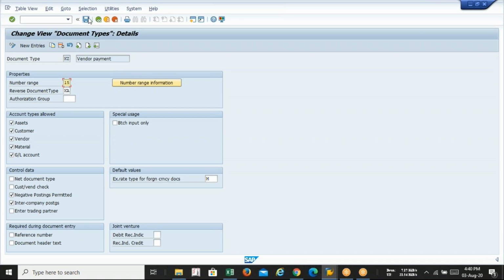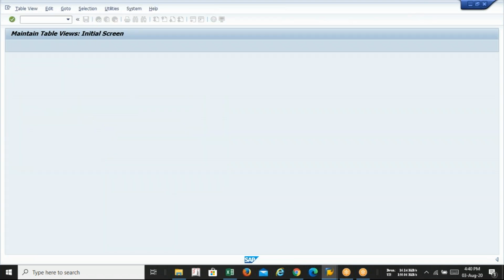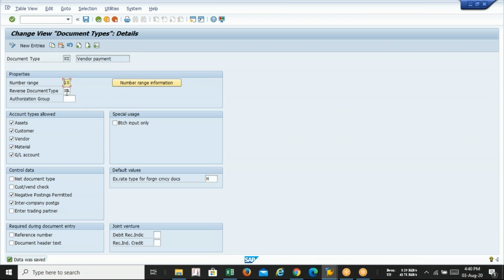Okay, save it. This thing I always take as a disadvantage of SAP. See, if this is my default key in my system, why is SAP allowing us to change this option? We all know that this 15, 52, 51, that is a default key, and that is used globally.